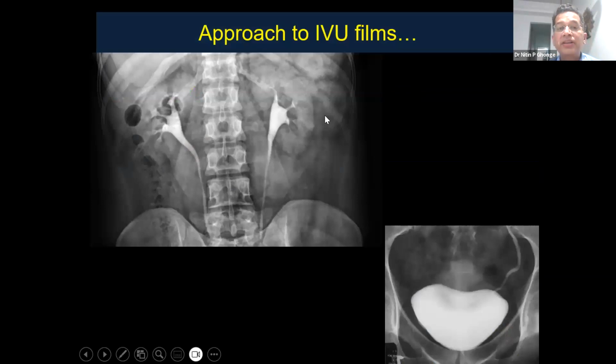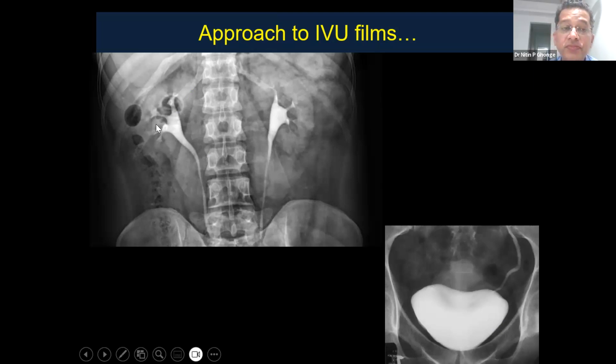So interpretation of IVP is important from the renal point of view. Though IVP is now increasingly being replaced by CT urography, the basic concepts remain the same. So you can see this is the renal margin, and initially as soon as the IV contrast is given, the nephrographic phase is seen on both sides. So renal parenchyma, the contrast traverses the renal tubules, and you can see opacification of the renal parenchyma, that is